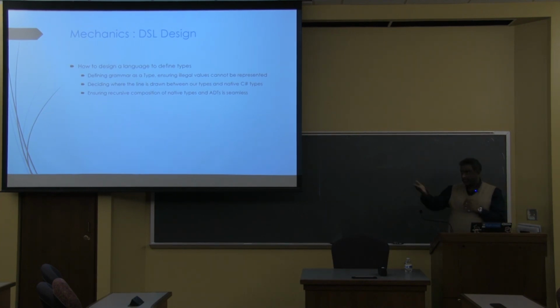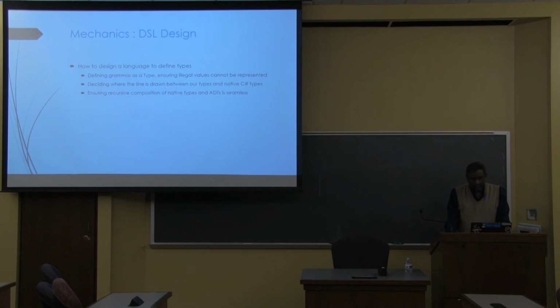And so, of course, this is where your question comes in. Where's the line between the types that are defined using this DSL and the types that are done natively? And of course, the goal has to be that you should be able to use natively the types that you need from the underlying system, knowing full well that at some point you're going to have to be responsible for handling the reference inequality semantic stuff yourself, right? So for date, time, and things like that, it's not so straightforward. It's pretty straightforward for string, or if you have your own classes, then you have to actually be careful about how you model those, right? But then you also have to support recursive types.